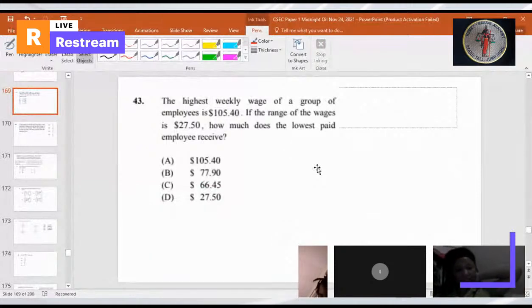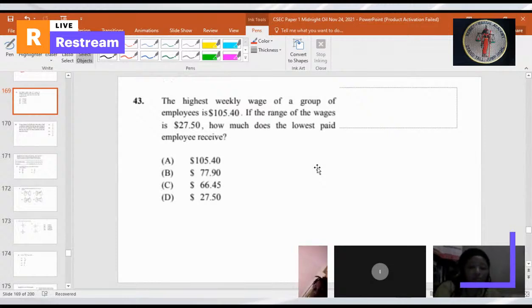Okay, read number 3, please. Number 43. The highest weekly wage of our group of employees is $105.40. The range of the wages is $27.50. How much does the lowest paid employee receive? So,